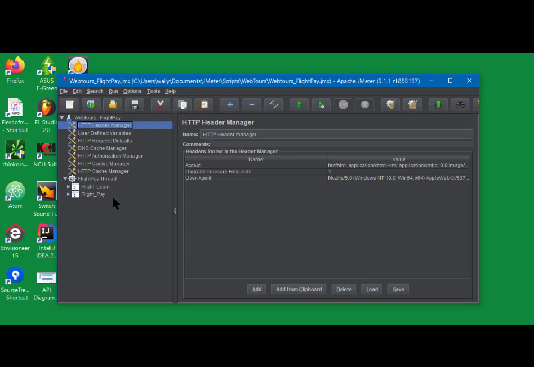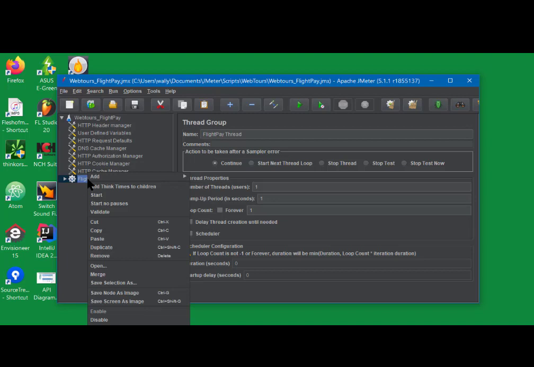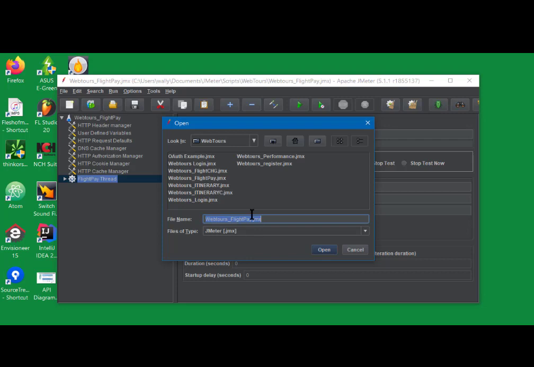So if we wanted to add another script to this script and let this one become the main script, if you will, then what we do is we come here, we can do it from here, and say we want to merge. And now we're still pointing to the web tours, so we'll pull in some other one. Let's say we didn't have login and we wanted to bring that in. We click open,